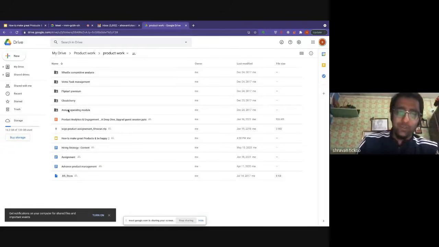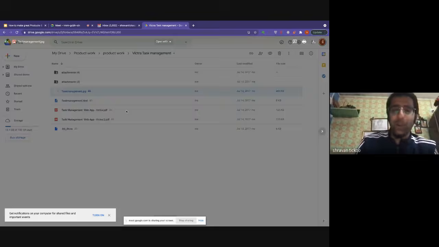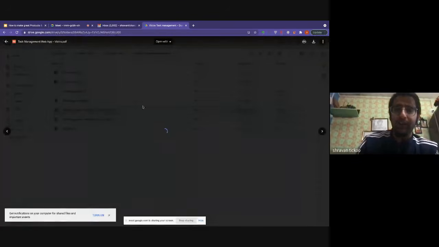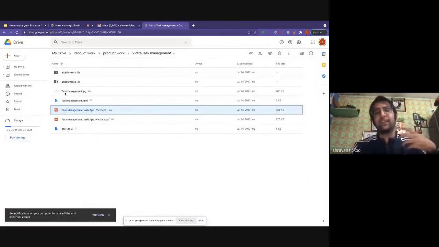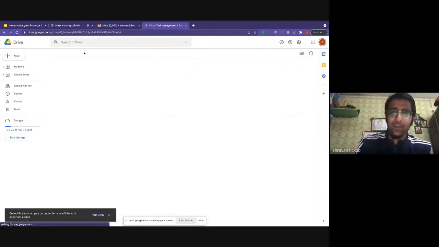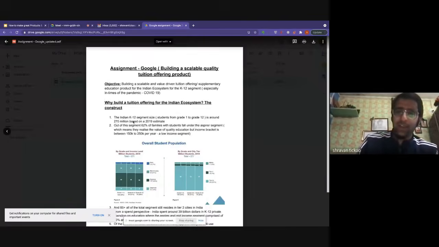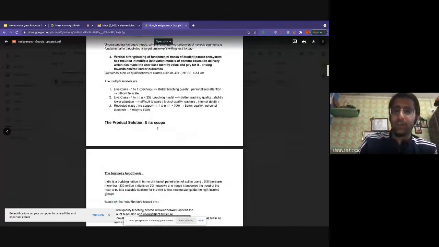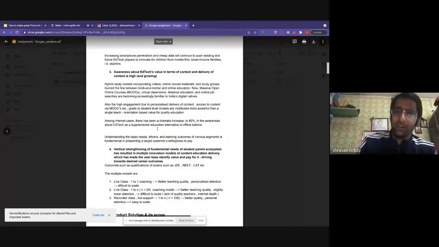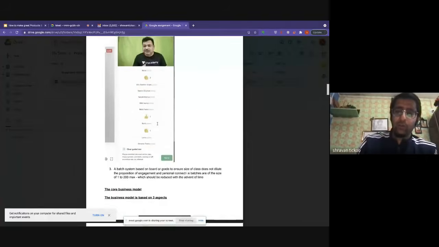Then if you want to do something else, like I did something for Ixigo, I also created a task management app called Victra. To-do apps were the thing long back. Why will you create a task management app? Why would you build it? So these are the kind of PM portfolios. It typically has the mocks. It typically has the PRD that you write. And then I did an assignment for Google. I was doing something for Google, how do you build a tuition product offering? And I eventually built the entire product specs for them, what will you build? What is the product scope, the product hypothesis? How do you put across those things?